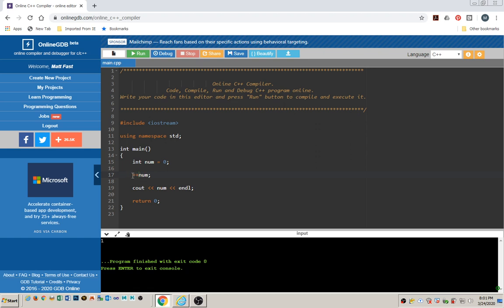Now the place where it will make a difference is if you combine a pre or post increment along with another operator like the stream insertion operator or an arithmetic operator or a relational operator. Then you do have to think a little bit about what you want to do. So let's go ahead and just take this out and make this a post-increment operator. If it's a post-increment operator, it's going to use the value of this first for this operation, and then after it's done, it will then perform the increment. So what should happen here is it should print out the number 0, and then if we did another cout down here,